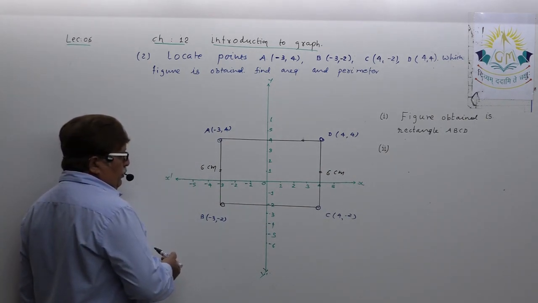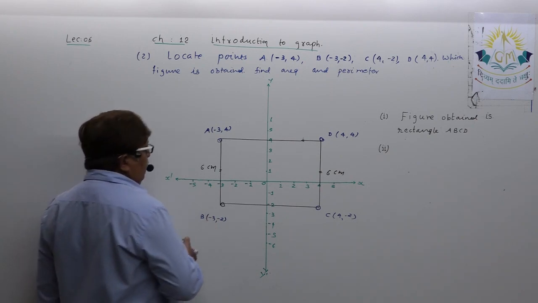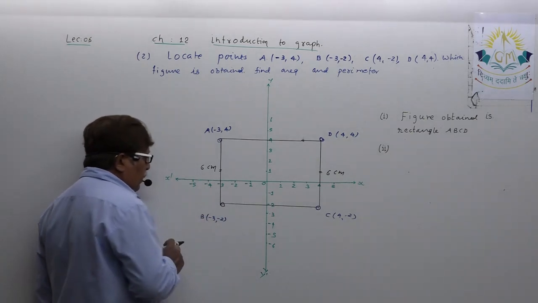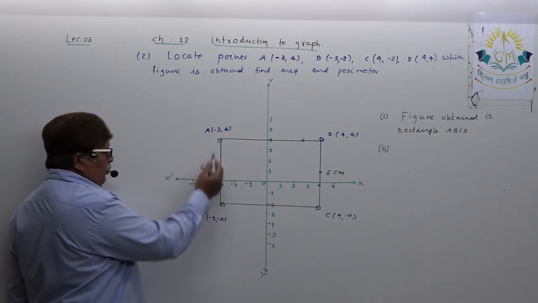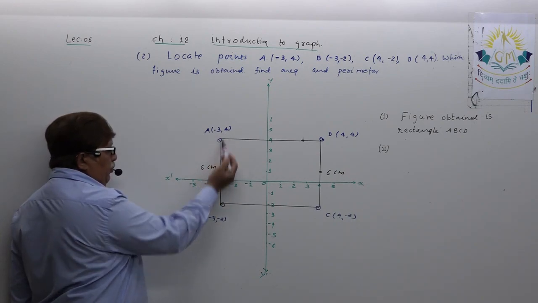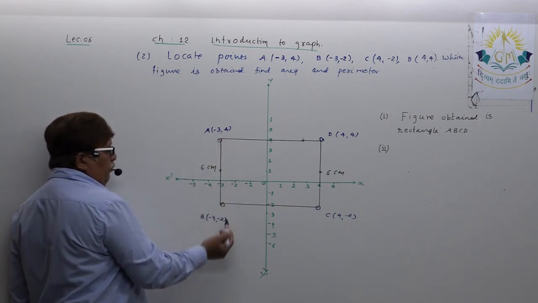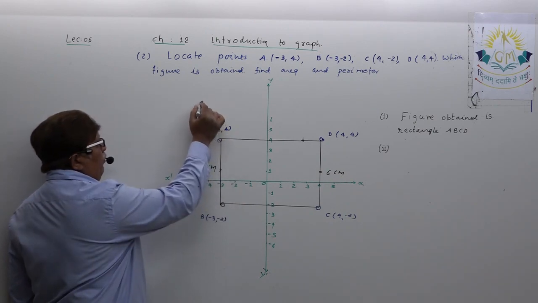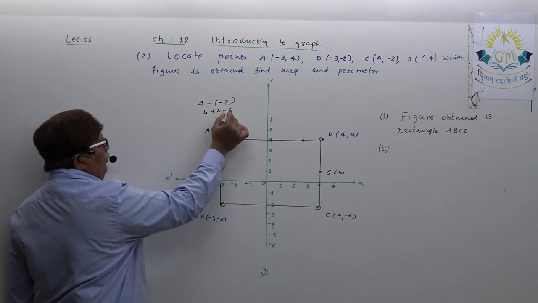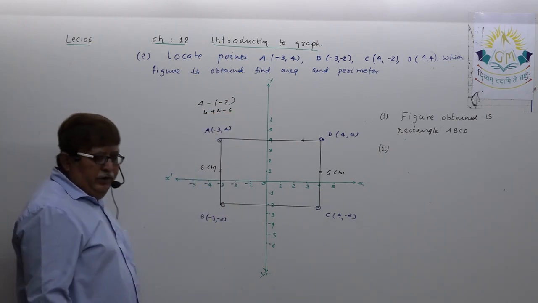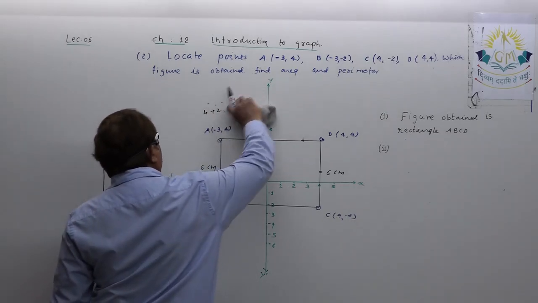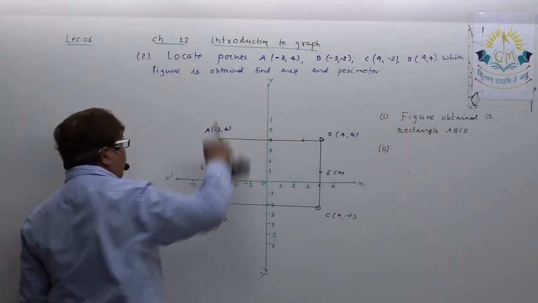Even if you do not want to guess, then also, dear student, just subtract both the variable, smaller to be subtracted from bigger, 4 minus minus 2. Then also you will get 6 centimeter. Okay. This way also you can measure length of AB. CD is measured.